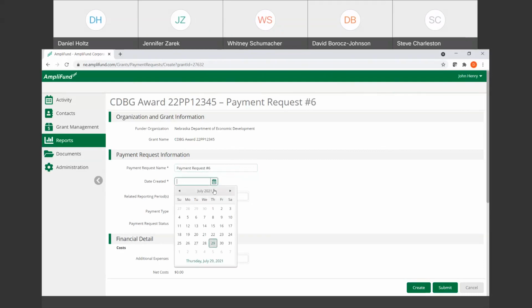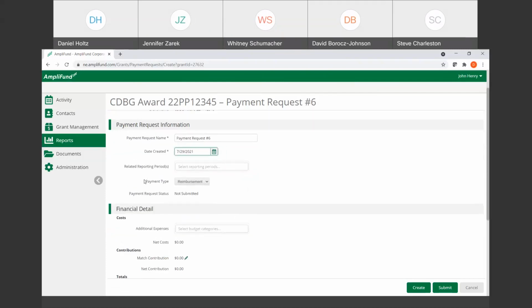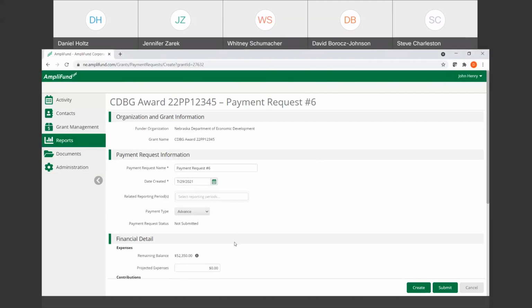Date created, again, you use the date field. We're not going to be tying in any reporting periods or anything because this is just going to be an advanced payment request. So here under payment type, we go from selecting reimbursement to advance. You'll notice a little bit of a difference here. When I select advance, there is just the option to put in the total amount